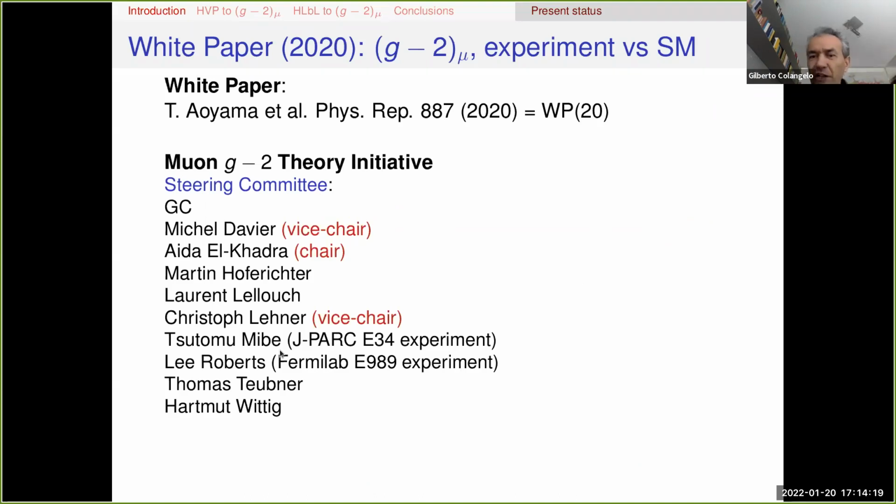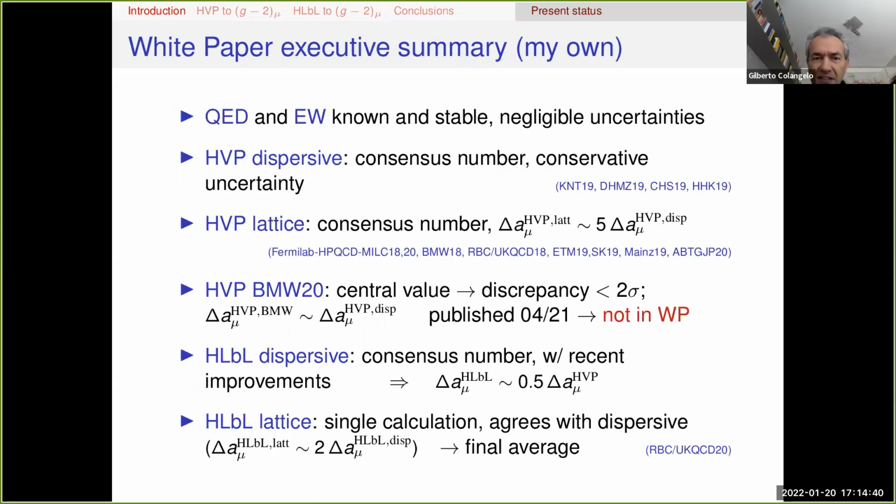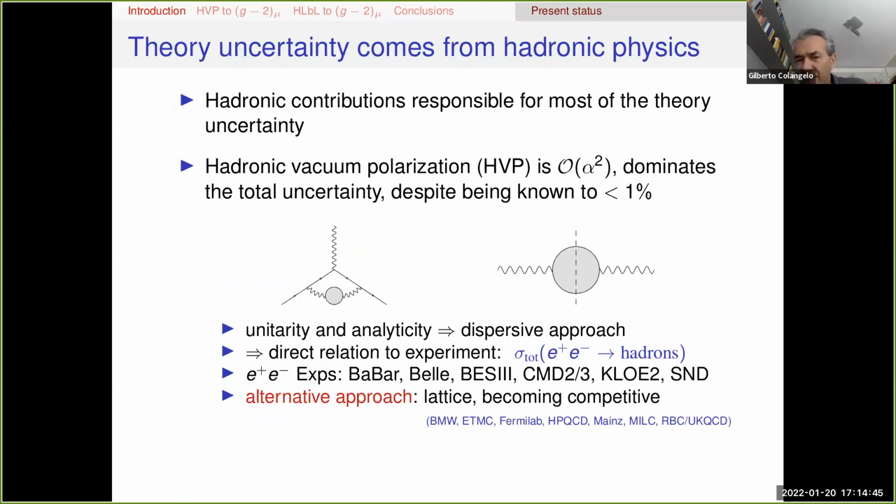The work started in 2017 and is going on still, and will be going on as long as the experiments will be running, with the next meeting planned for September of this year in Edinburgh. Here's the summary, but I think I mentioned everything here, so let me move on